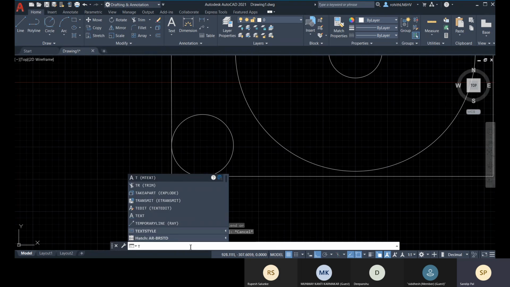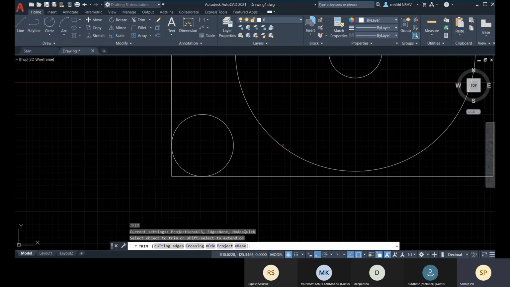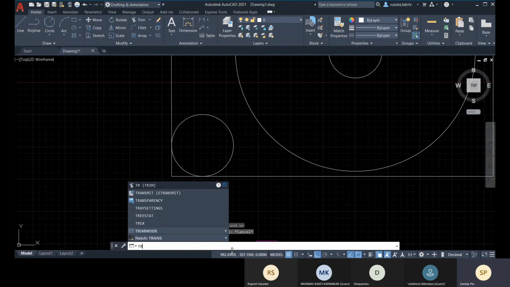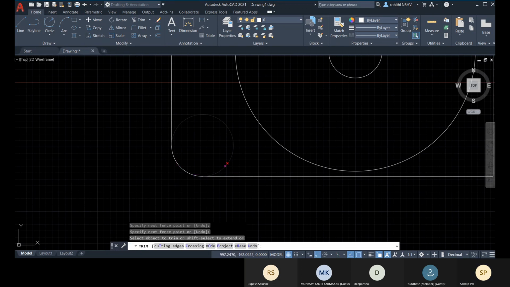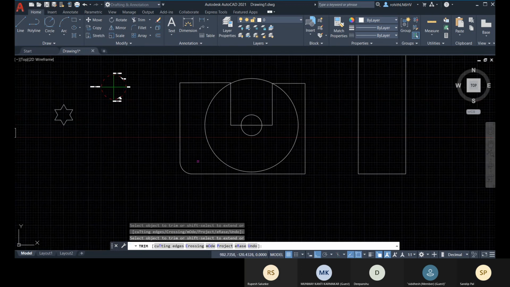Because I'm using the latest version, AutoCAD 2021, I can press a single enter with the TR command and activate the trim. If you are using an older version, you have to press double enter, TR double enter, to activate it. So the trim you can apply like this.